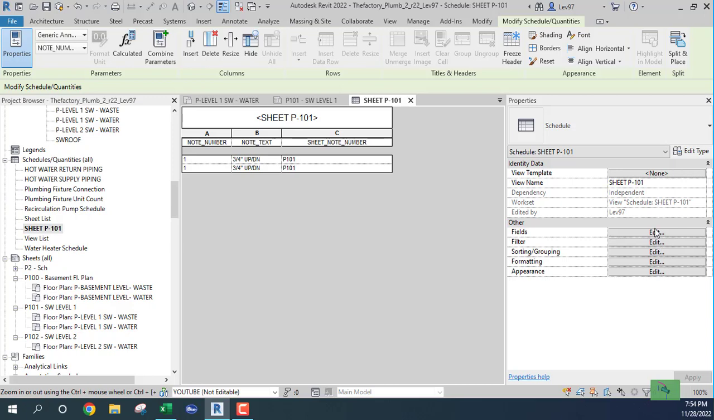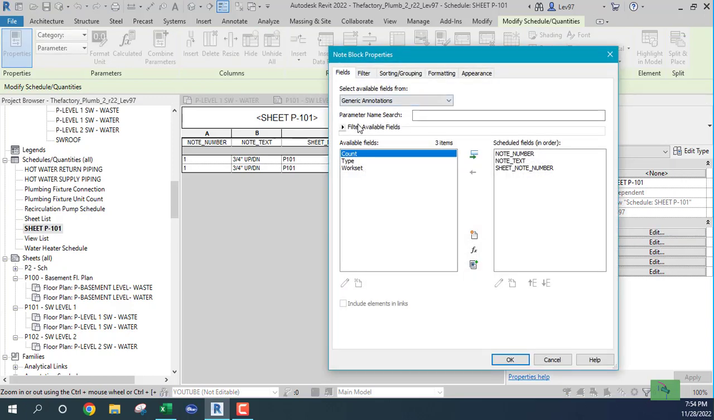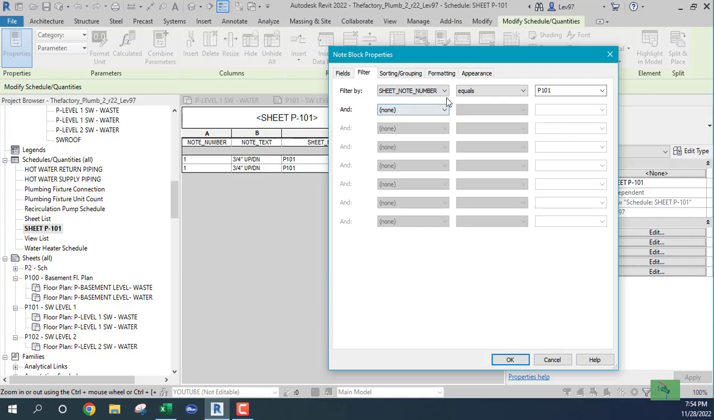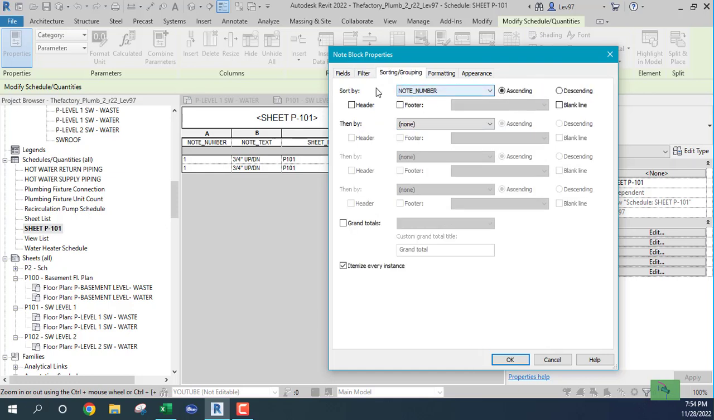Okay, so we can go back to our fields. Filter looks okay. Sorting, I want to sort by note number, which is 1, but what we've done, we've asked Revit to itemize every instance. See where it says every instance? So every time I put 1 down or 2 down, it's going to populate my schedule, and I don't want it to do that. So what we need to do in this case is uncheck